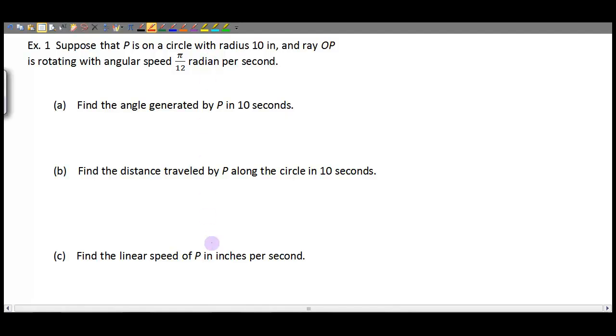What I want to do when I approach these problems is first start writing down what information I am given. In the very first paragraph, I know that the radius is 10 inches, so I'm going to start by making a list. And I know that the angular speed is pi over 12. So w is pi over 12 radians per second. And finally, I know that in this first example 1a, I want to know what the angle generated is when I'm given time as 10 seconds. So I want to know what is the angle generated. So I'm trying to find,